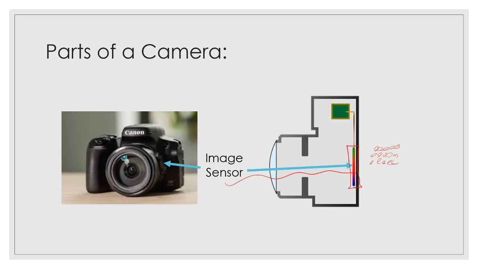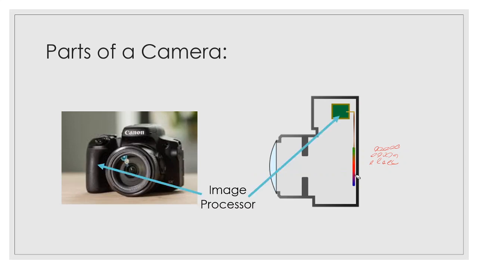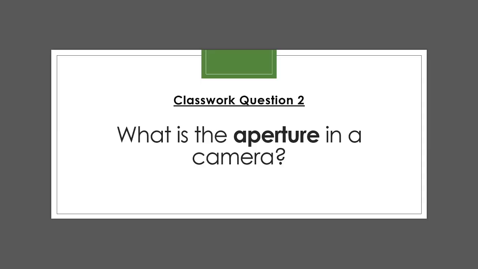Back in the old days when cameras used film, this instead would have been a piece of film. In the new digital cameras that we mostly use today, this is a digital image sensor. And then the very last part is that all of that information from the image sensor gets passed through a little wire to a little computer chip called an image processor, where it takes all these different cells that were lit up with different colors of light, and it makes sense of them. It does a whole bunch of calculations, and it figures out what exactly the camera is looking at. And when everything is said and done, you end up